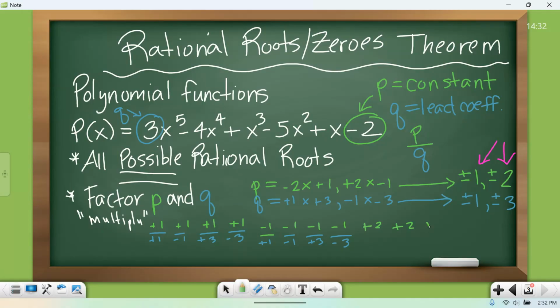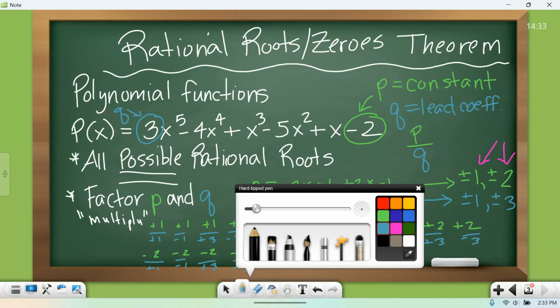So now I'm going to do positive 2, and you figured it out. There's going to be 4 fractions with positive 2. And then I'm going to have to do -2. And I'll put that one over here. -2, -2, -2, -2. And you can kind of see where this is going. So positive 2 can go over what's on the bottom? Positive 1, or it can go over -1. Or it can go over positive 3, or it can go over -3. And here, -2 also. Because I did positive 2, now I got to do -2. It can go over positive 1, or it can go over -1. It can go over positive 3, or it can go over -3. That means there are 16